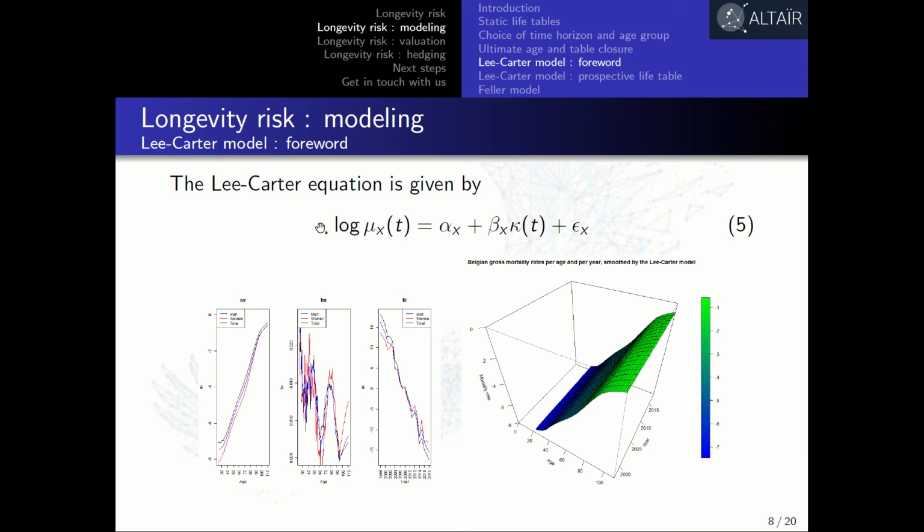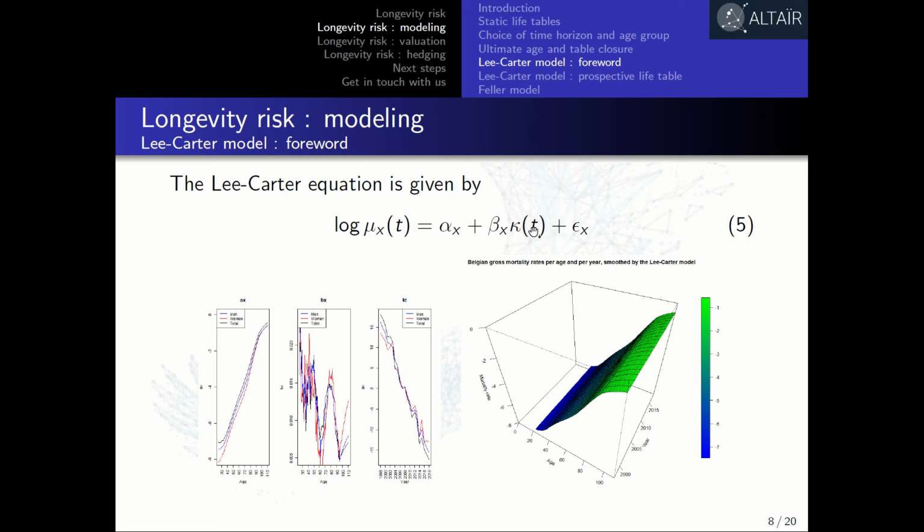We will start stochastic mortality modeling with a discrete time model, the most famous of them and the most used in practice, the Lee-Carter model, described by equation 5, breaking down mortality rates into various components. A first parameter alpha x, describing average mortality over time, a second parameter beta x, giving the evolution of mortality at the age level, and thus the real speed of decline, and a last parameter kt, describing the evolution of